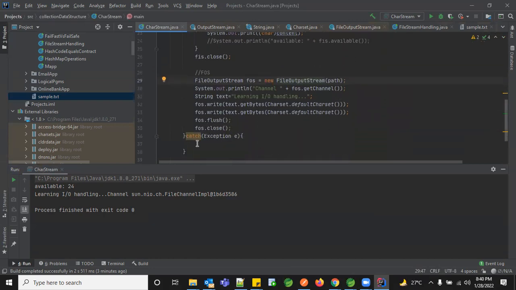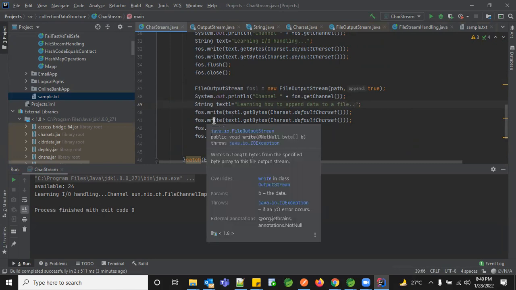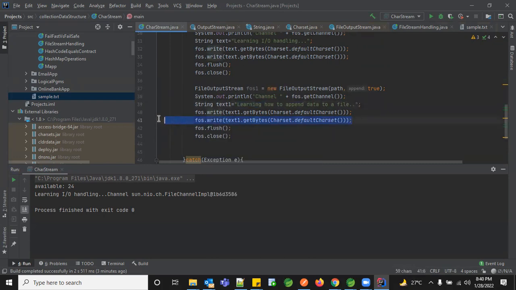So now let's go create a similar set. Now, after the path, I'm going to give append as true. And let me give this time: learning how to append data to a file.